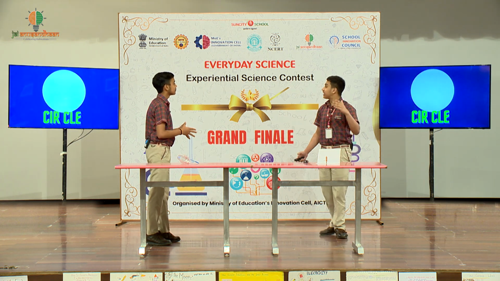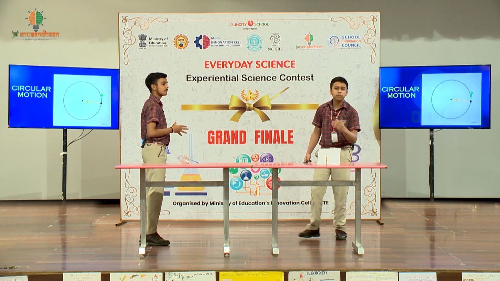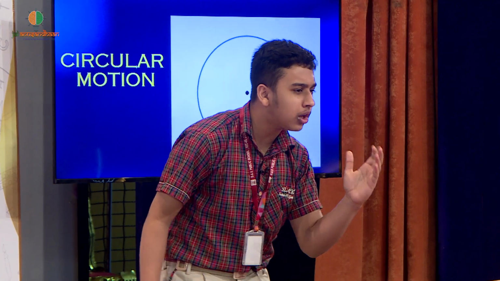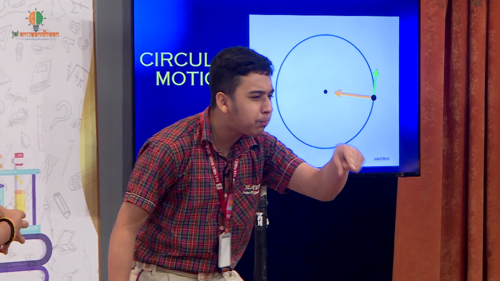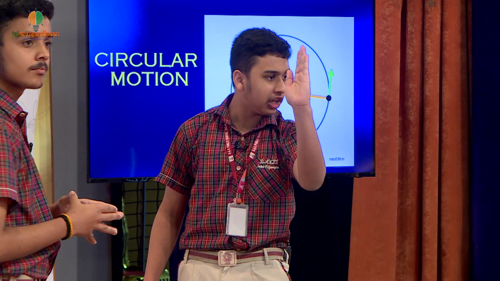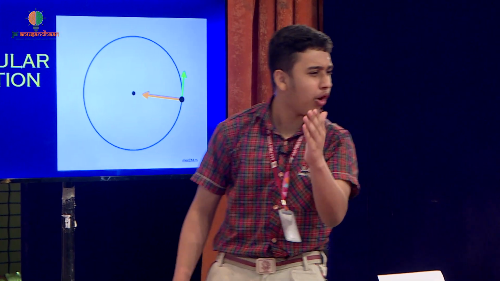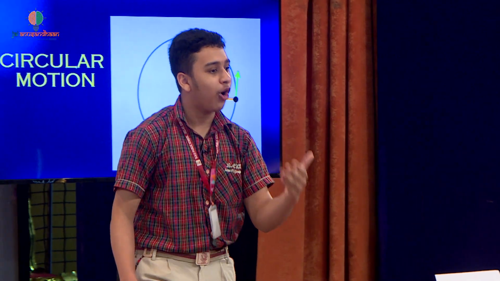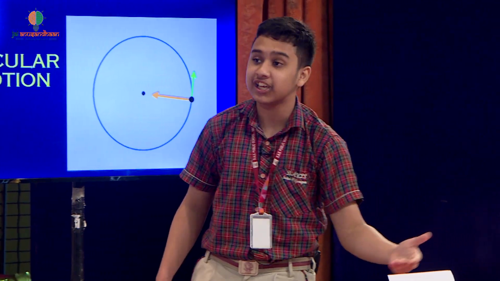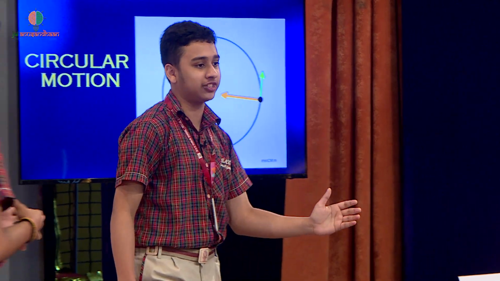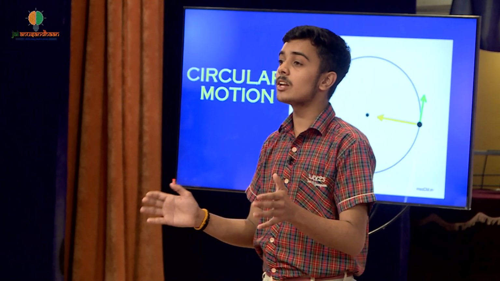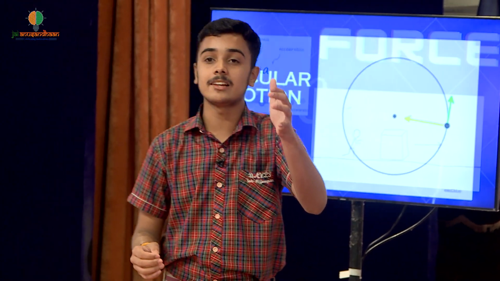That is why, in the case of circular motion, the picture becomes a bit more complex. In circular motion, the velocity at every point on the circle is tangential to the path of the circle. That means that at every point, the velocity changes because the tangent to the circle changes, i.e., there is a change in velocity. And if there is a change in velocity, it means that there is some acceleration.